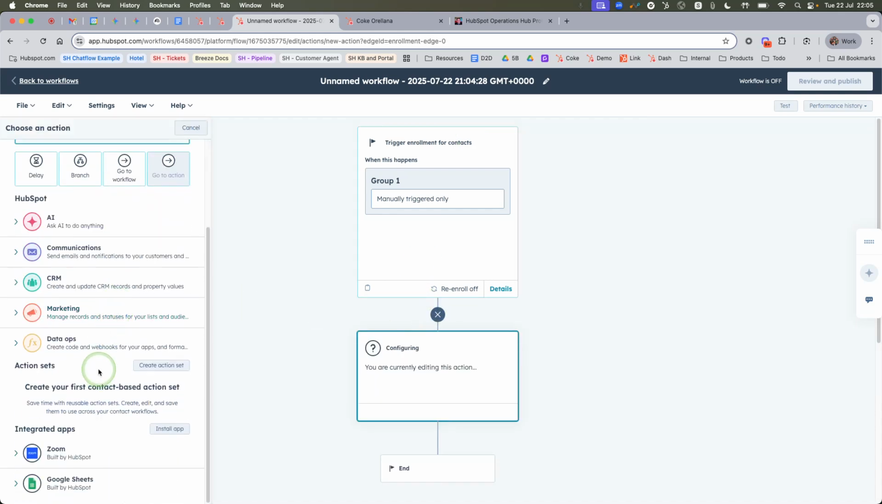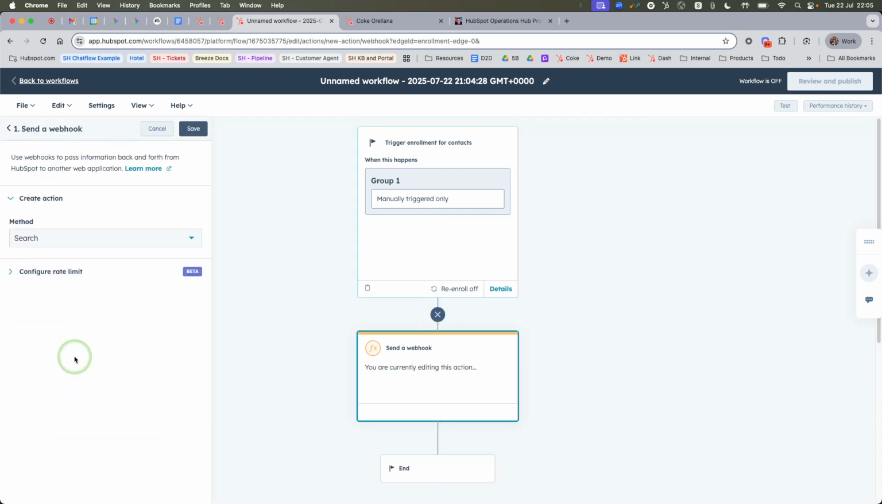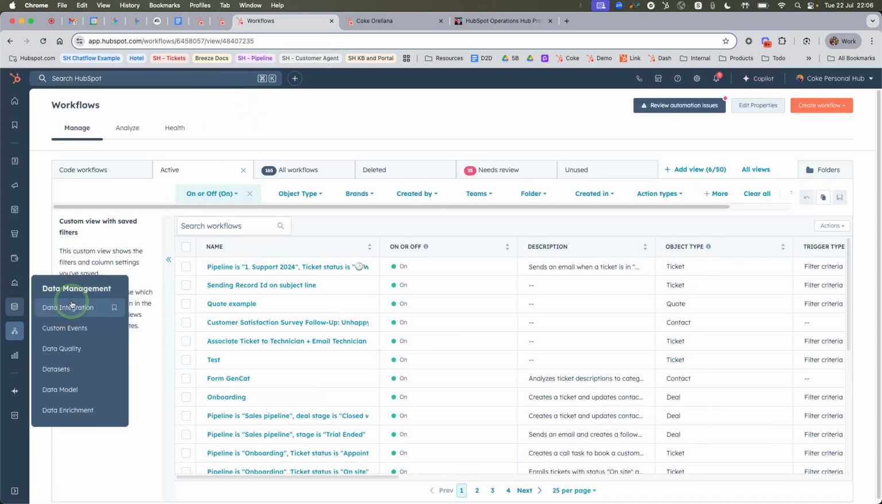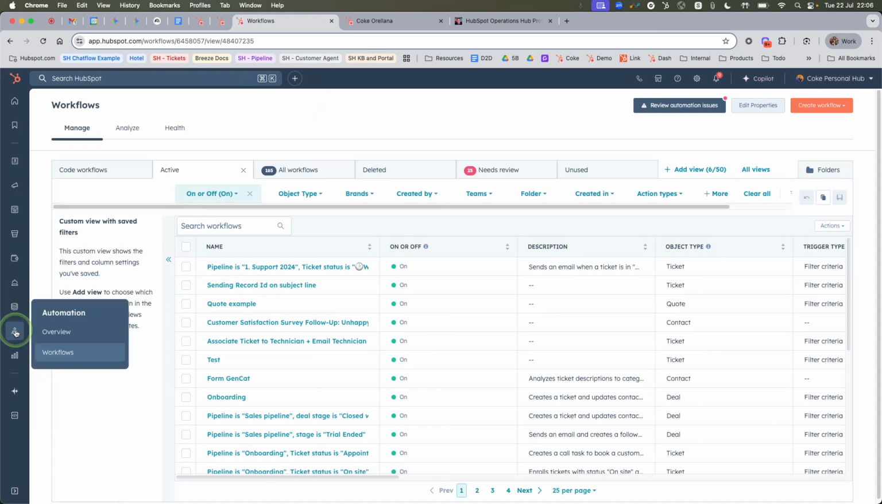Then you also have the webhooks from here, and you can use these as you wish. And this can send information to a different platform from HubSpot based on anything that happens within HubSpot, right? So then you can either post information or you can retrieve information from a different platform. So that's super straightforward. But the last part that I wanted to show you is the